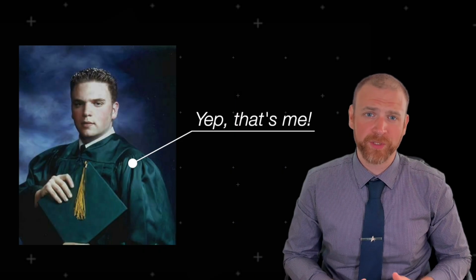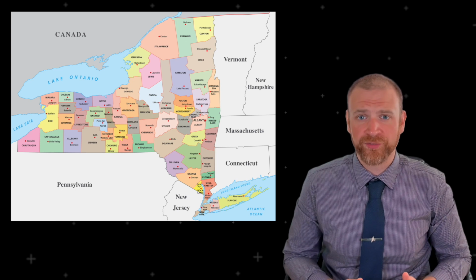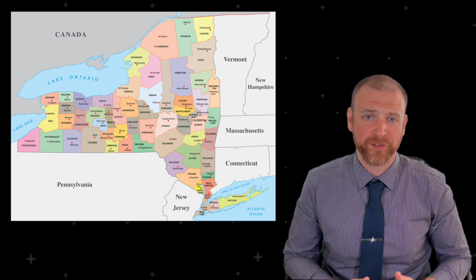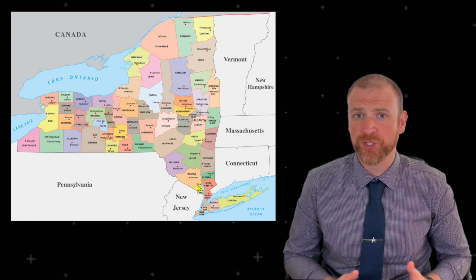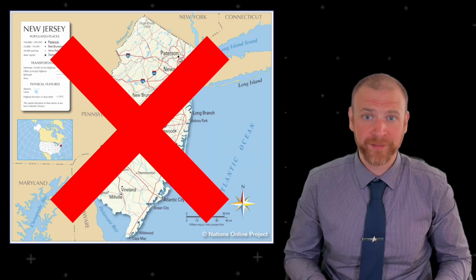Audience can also have an effect on the content of a video, of a speech, or a piece of writing. Consider the example we just talked about. Since my audience is high school students who live in New York, my videos don't discuss how to be successful on social studies exams given in New Jersey, or any other state for that matter. And since the videos are intended for an audience of teenagers, I generally try to keep them to 15 minutes or less, so that I don't risk losing the attention of my viewers.